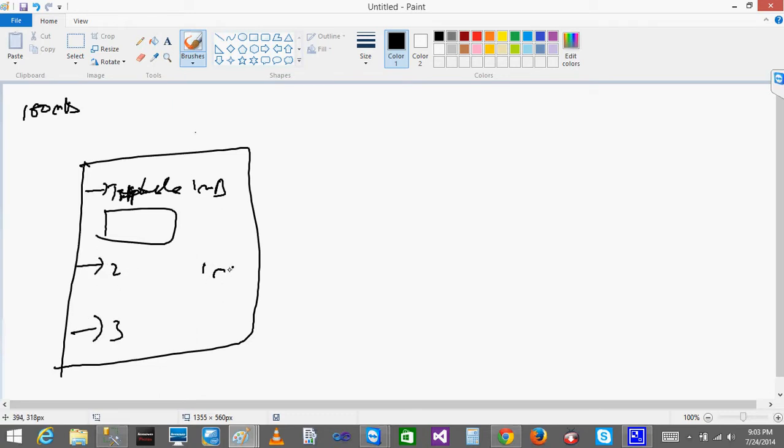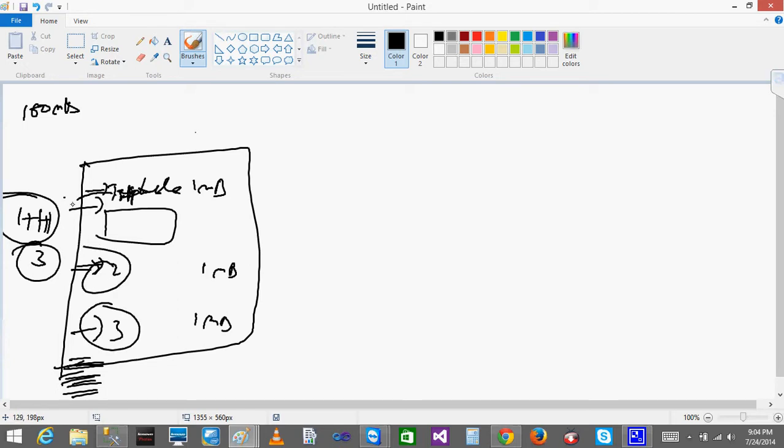So each one stores 1 MB, 1 MB. So when I ran it here, 1 MB will be stored by the temp DB. When I come to the second step, again 1 MB will be added to the space, and again 1 MB will be added. So total will be now 3 MB. 3 MB will be used. Even though if I go to other steps, even though I don't use these tables, still the space will be occupied. So for that purpose I need to manually drop them.